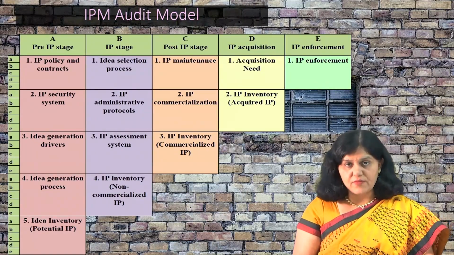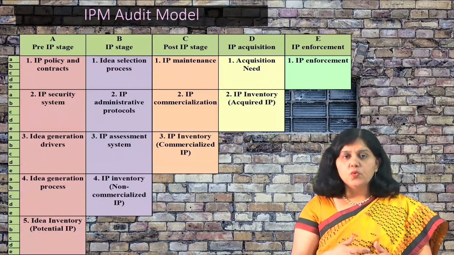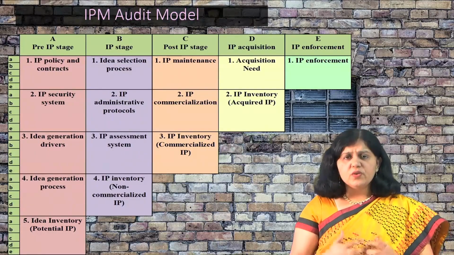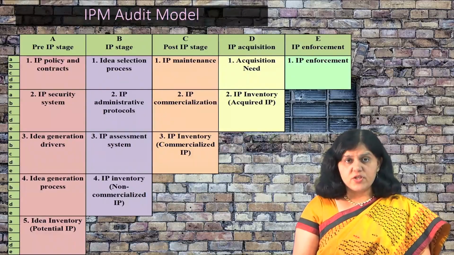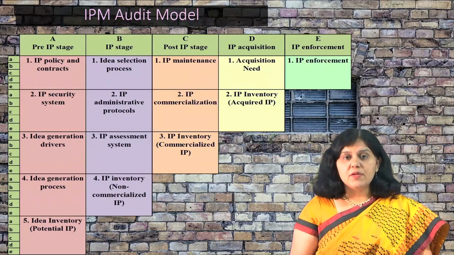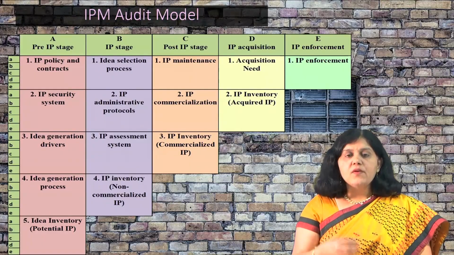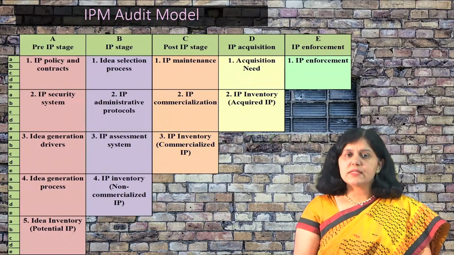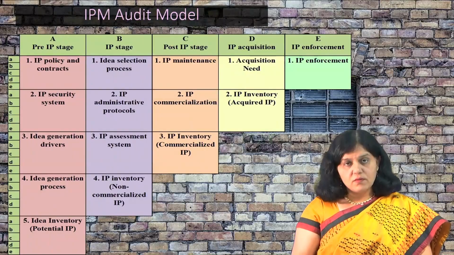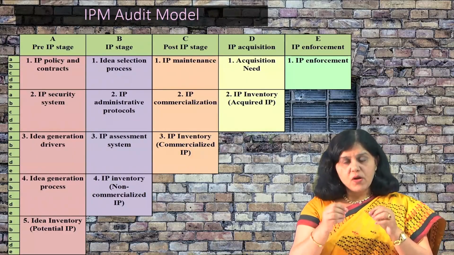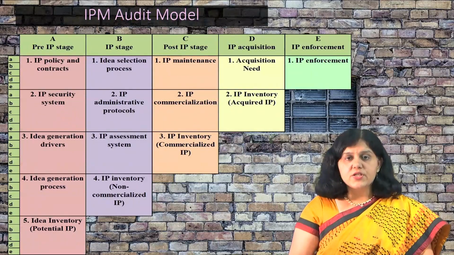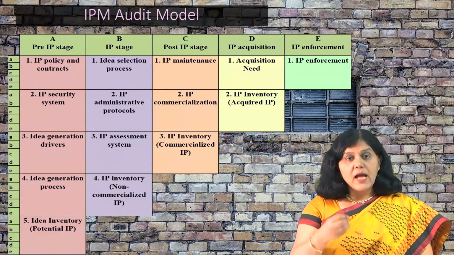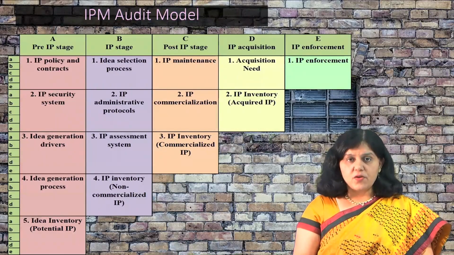The next stage is IP acquisition. Now, we have divided it into two things, the acquisition need and then the inventory which you are generating after acquisition. We know there are so many examples of acquisition, right. So, what exactly happens in the acquisition? When any organization thinks of acquisition, obviously the IP portfolio due diligence process is there. After the due diligence process, all other things are taken care of, but obviously the IP portfolio of that organization is there, the IP valuation of that is done, and then accordingly the financial transaction occurs, right.